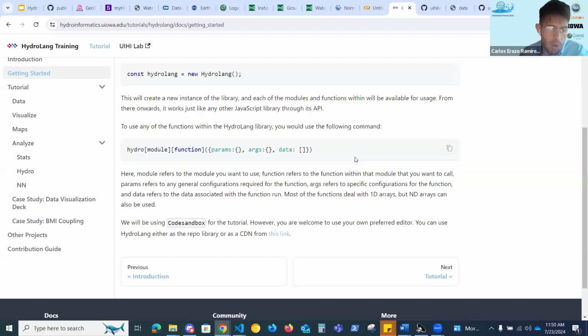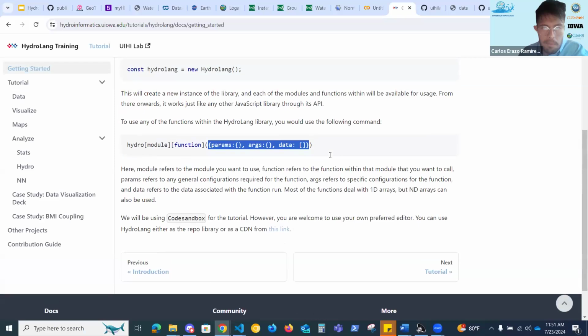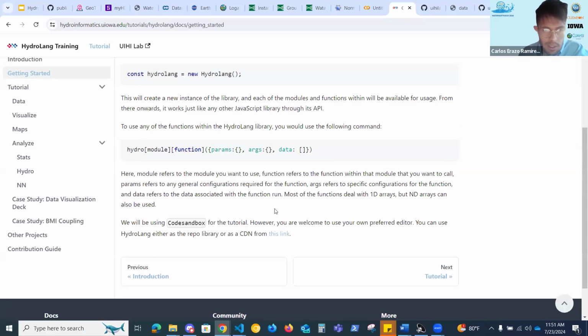How do you use the functionality? All of the ways of using Hydrolang is through its functionalities, and the functionalities are accessed this way. So you have the module, the function. So you put hydro dot module dot the function, and then the different parameters, arguments, and data. I'm going to be perhaps explaining this a little bit further afterwards, what each of this means. If you're unfamiliar with JavaScript, this might seem a little bit strange, but it's not a big deal, to be honest. So aside from this, we're going to be working today with